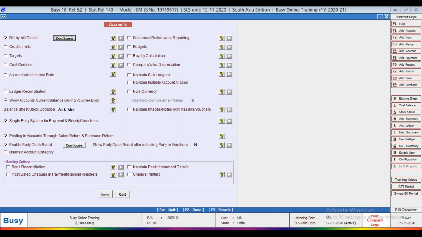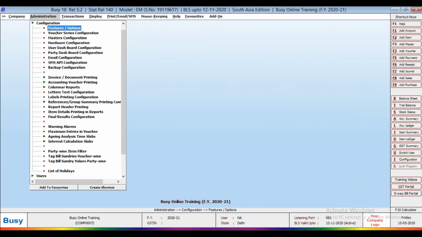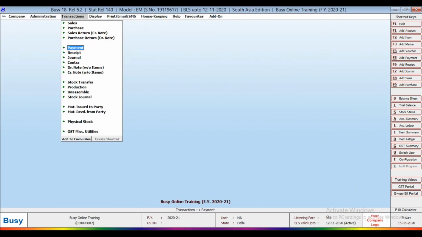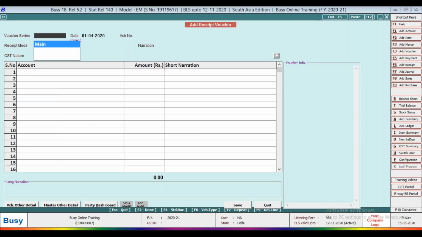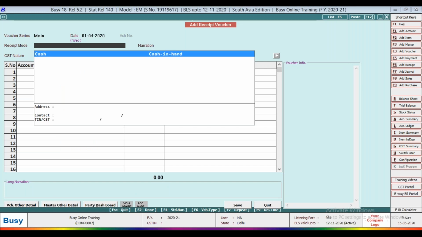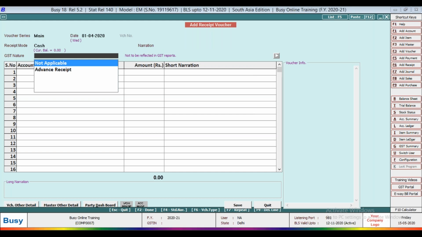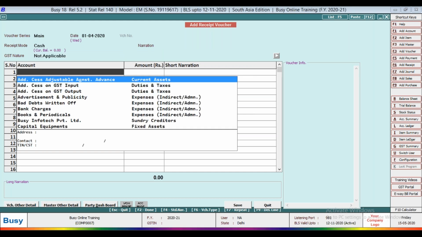Now save this. Go to transaction, receipt, add. Select voucher series, date, and receipt mode, cash or bank, whatever you have received. Narration, GST nature not applicable. Just define only the affected account.